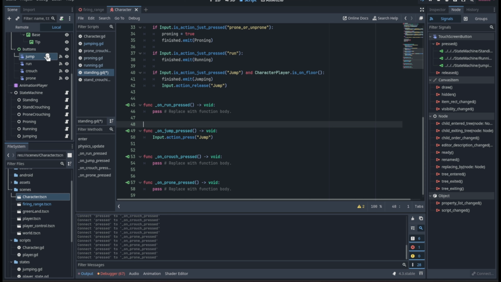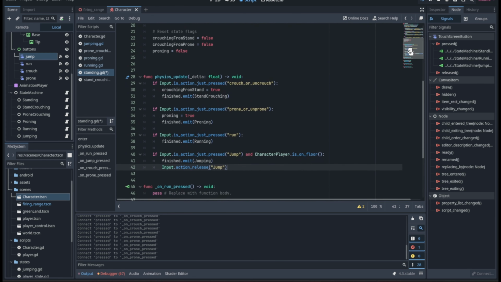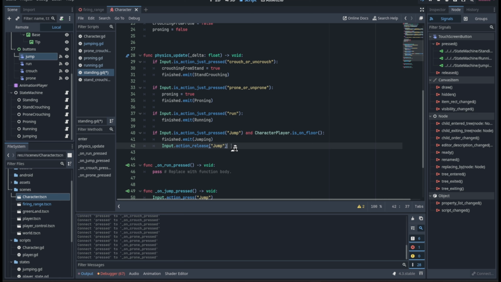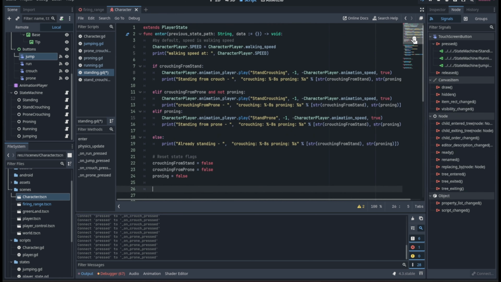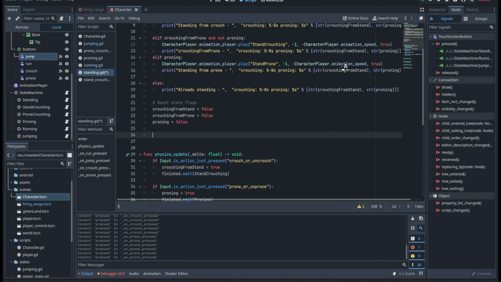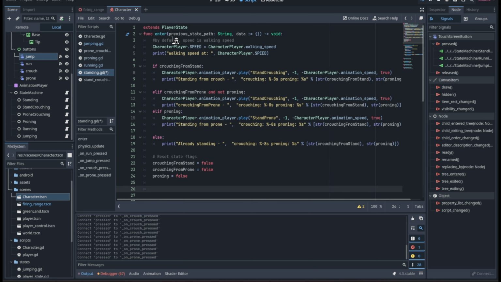So once we press the jump button, it knows that it is being registered in the project settings thanks to this action press, and then it would also follow this state logic. Once it exits with the emit method, we have to release the button to simulate properly the pressing of a button with the action release. But that is not very wise, I guess, because this is in the physics update. So rather than in the physics update, we have to release it inside the enter function of ours,